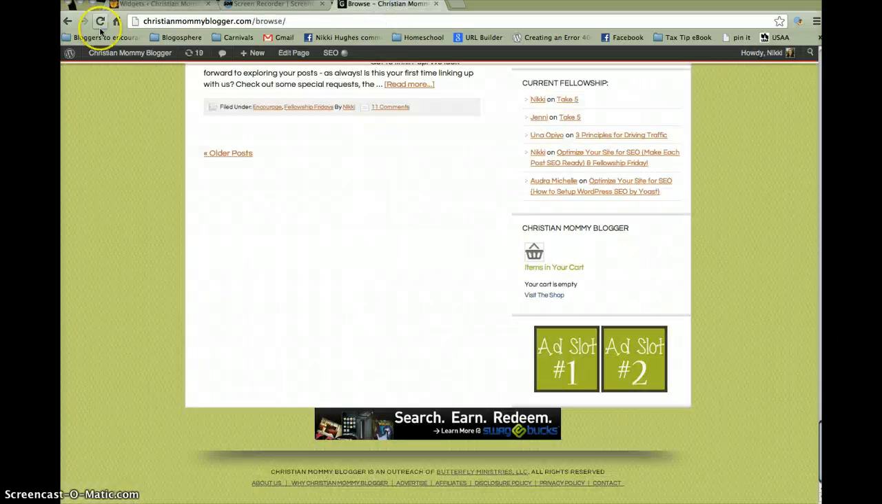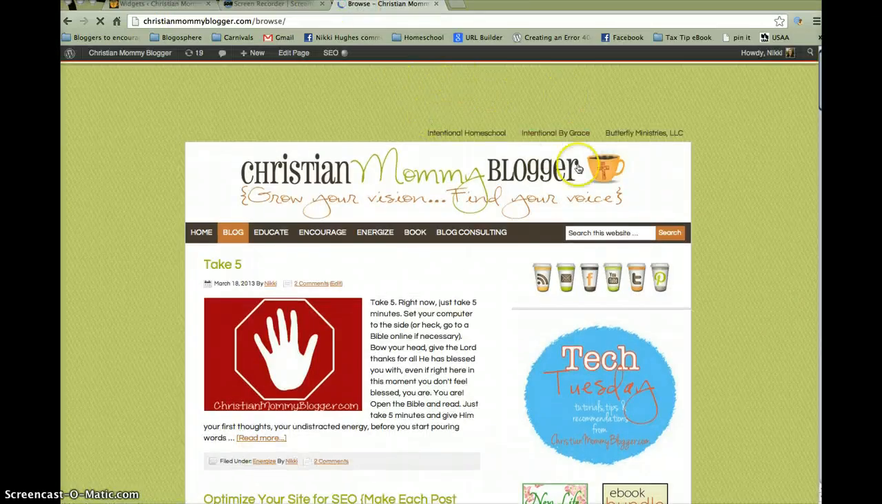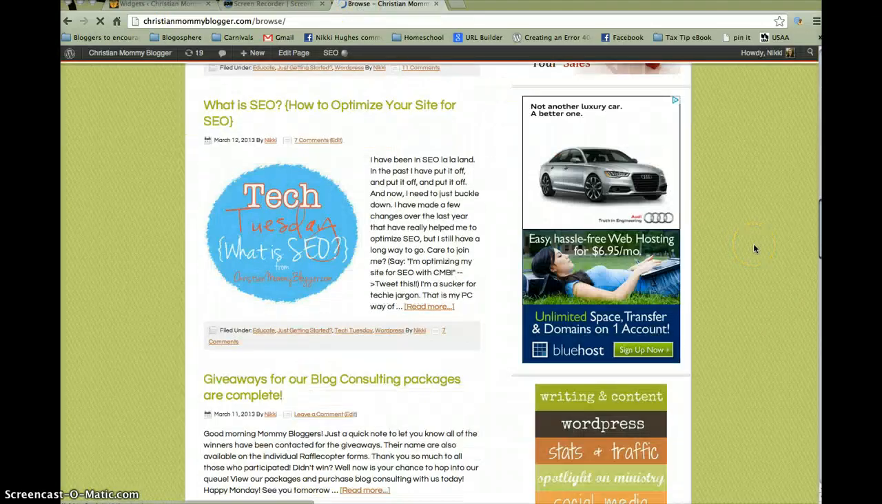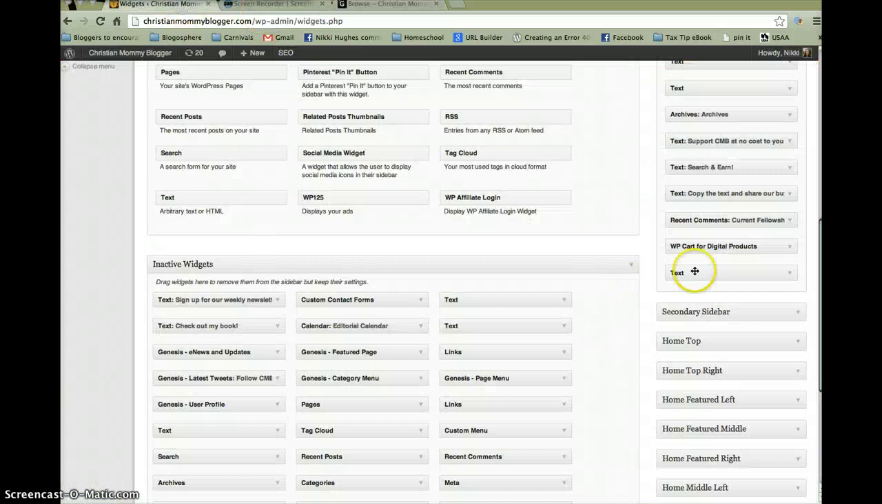Let's go back, let's refresh, and that's another tip. Keep your dashboard open in a separate tab from your front end view so that you can toggle back and forth and see changes and not have to go back. And there we go, there are our ad slots, and if I wanted them to appear higher,